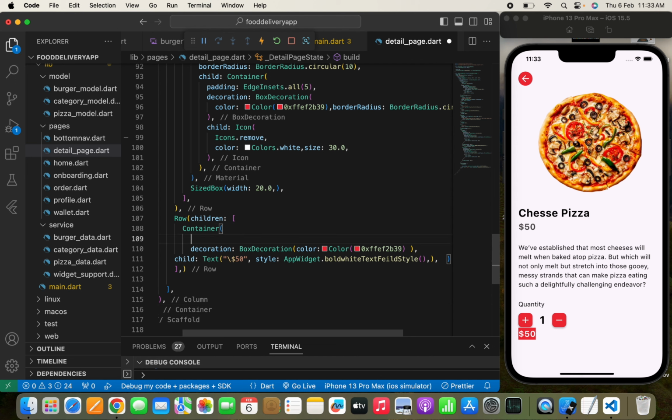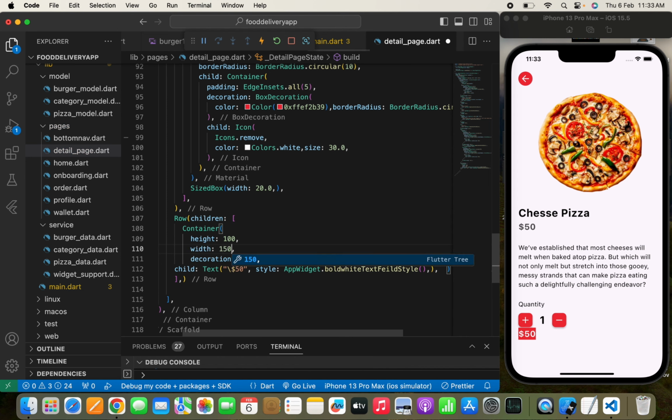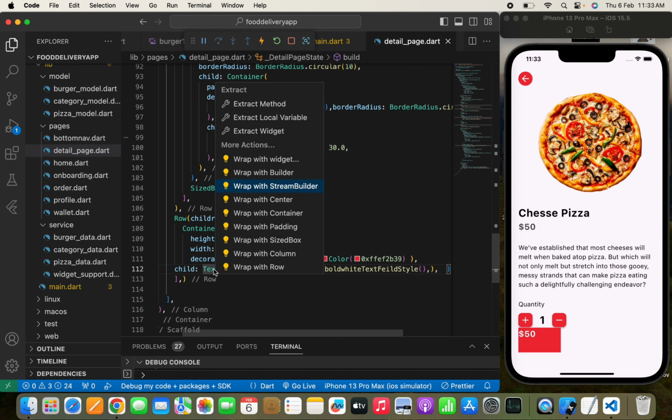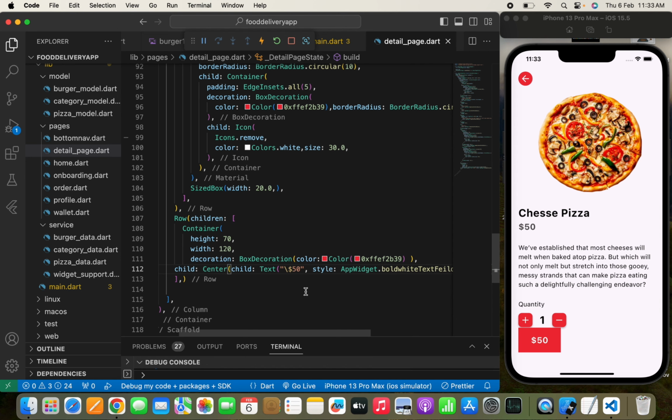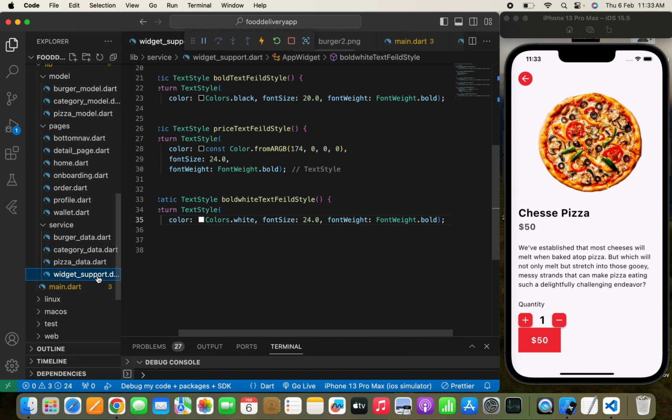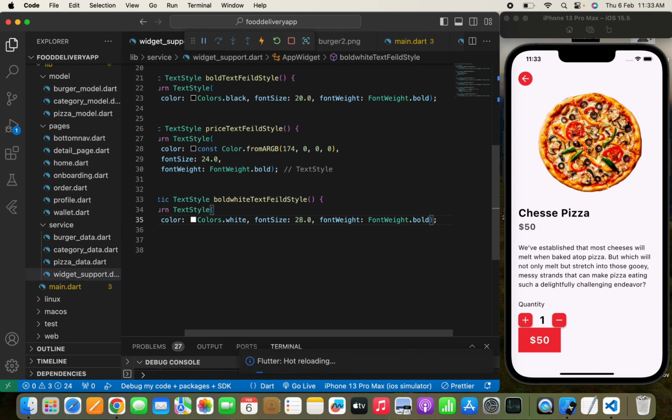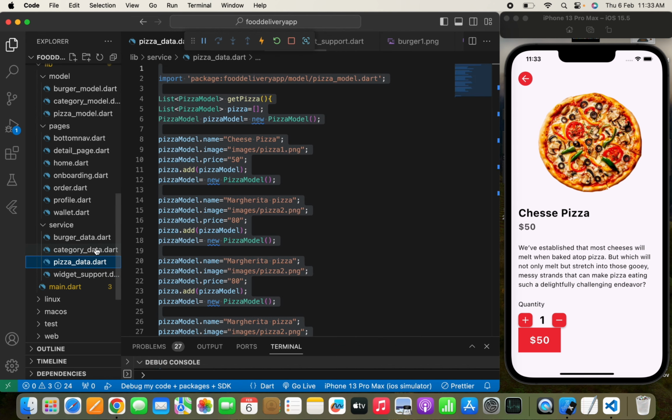Yeah, now here I just need to pass the height. I will just pass the height 100, and let's pass the width up to 150, is okay. Yeah, nice, too much. Sorry. 80 is also too much. It doesn't look good, and we need to just change it up to 120. And here I'm going to just center it with a center widget, something like this. I hope it is okay. If not, I need to just increase the, yeah,